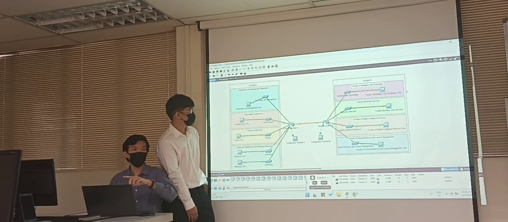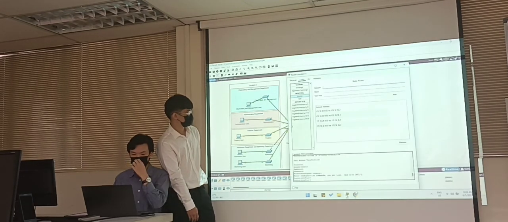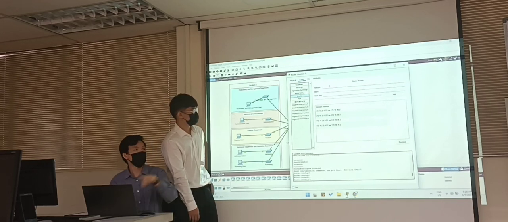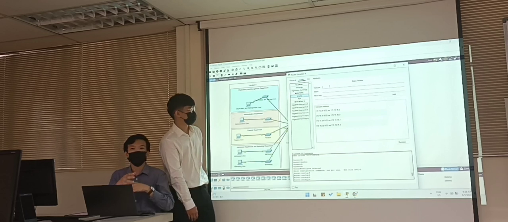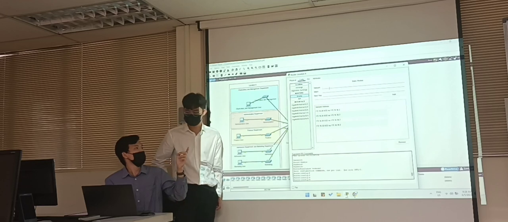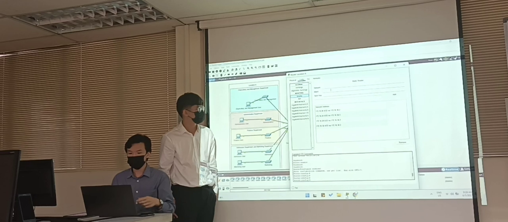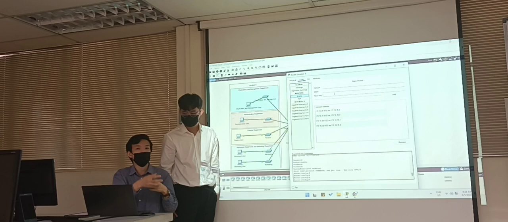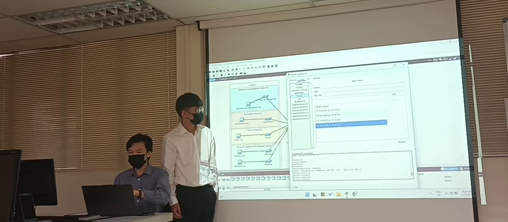We need to see how many subnets are inside location B. We can see that there are 4 subnets inside location B. So we need to go to the routers, static routing, and in the network field, we need to enter the network address of each subnet, and the subnet mask of each subnet. And for the next hop, we need to enter the IP address of the opposite router. So we need to type one by one. Since there are 4 subnets, so we have to